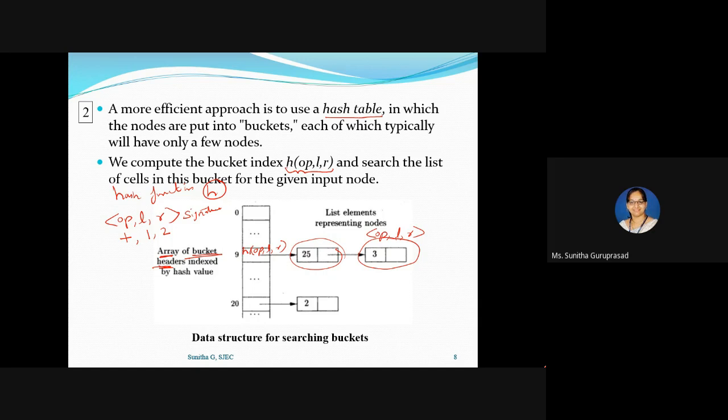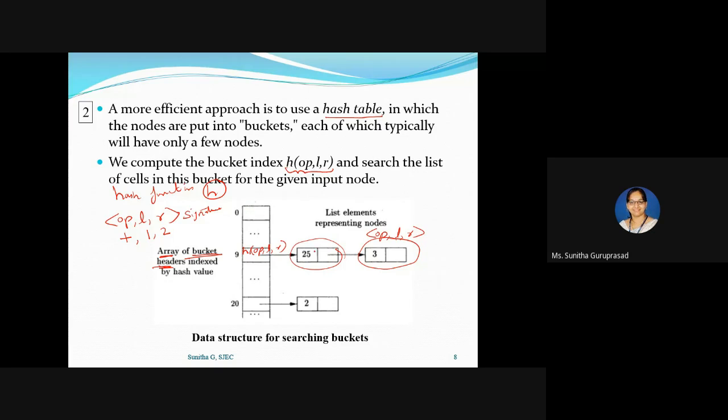Since there are no examples for this, I will not be able to explain this particular part properly, because I have also not understood how the hash function actually works for the tag.